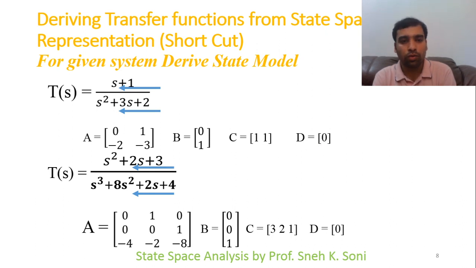The coefficient of matrix D is by default 0. Again I apply that understanding here. So my last row of matrix A is minus 4, minus 2, minus 8, second last row 1, diagonal 1, and remaining element 0. B is 0 0 1, and C here will be changed. So how will you write it without changing the sign? 3 2 1. So I've written here 3 2 and 1, and D is by default 0.